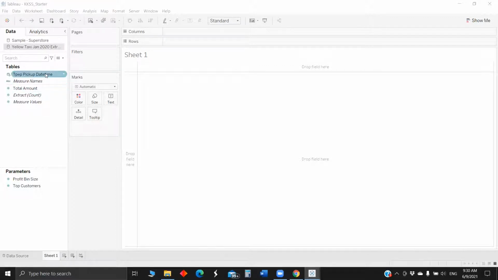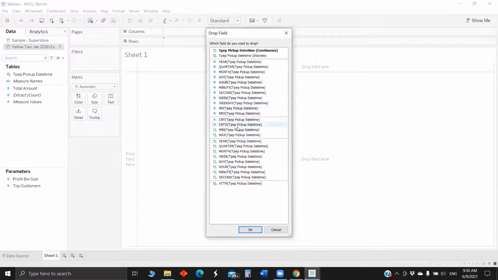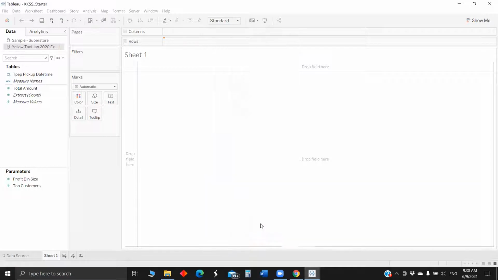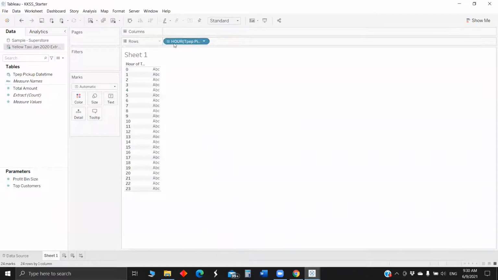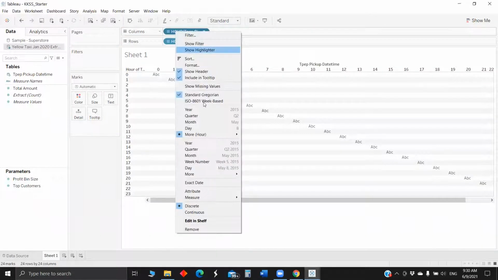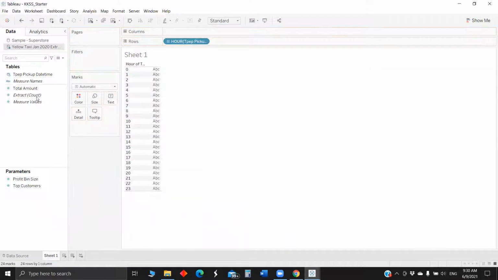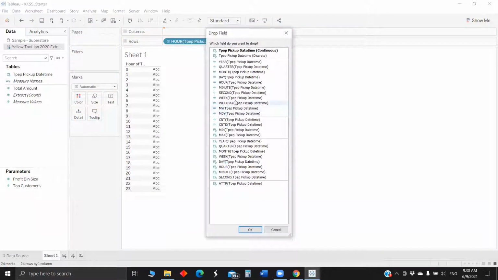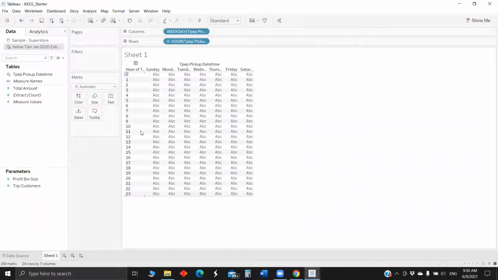In total we had time on the y-axis, so hour, so we got the days and the hours. Next, number of rides.